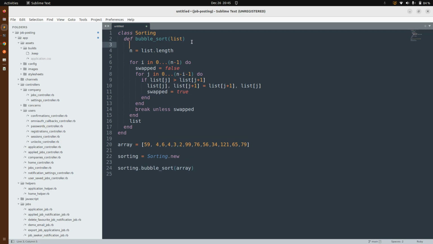For example, the very simple and general approach will be like this. Let's say temp list equal to list. Now one can replace list with temp list everywhere in this logic. So for example, temp list. Okay, so now what is this logic doing? Here you can see that this bubble sort is